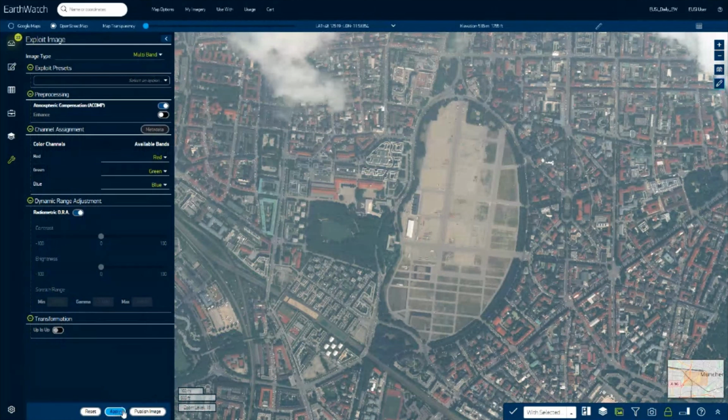Let's see what it does. Yeah, as you see, the haze got reduced and the image just got quite nice.